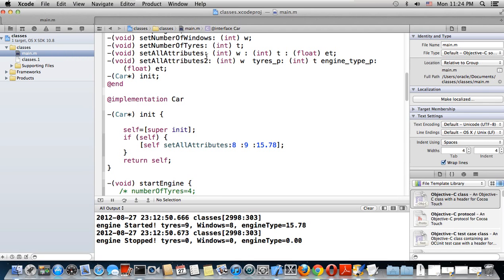NSObject and car object are both of the type NSObject. Just repeat the video and you'll know, or rewind it a little bit. So next,